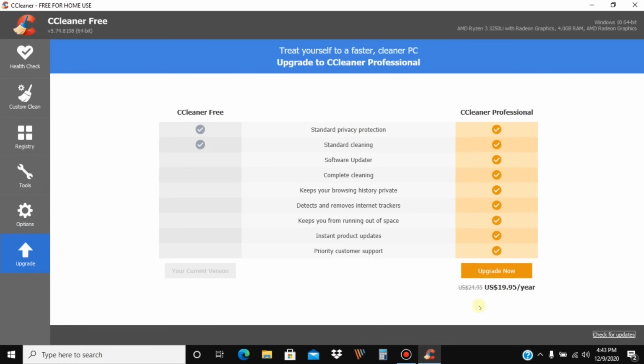Upgrade. CC Cleaner Professional I can get for $19.95 a year, which honestly is not that bad for what this software can do. Speed up your PC, clean it up, make it faster. I think it definitely is worth it. Now, if you look at the comparison here, the free cleaner gives you standard privacy protection and standard cleaning and